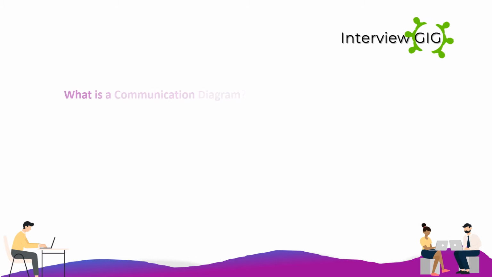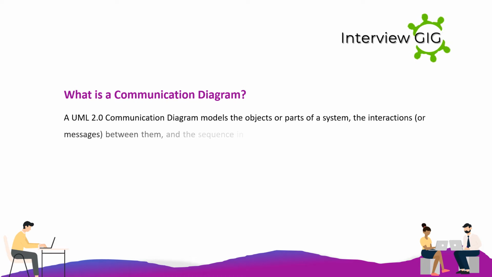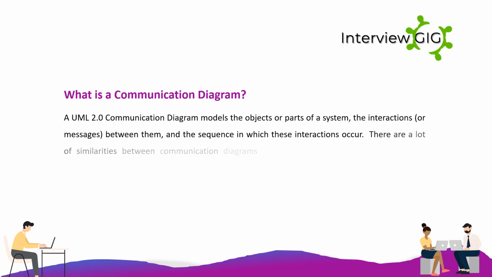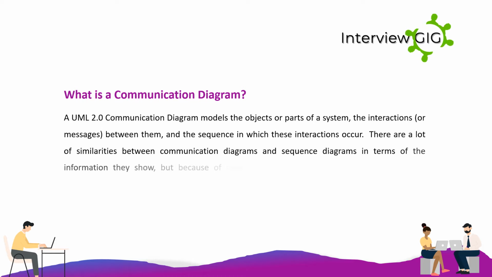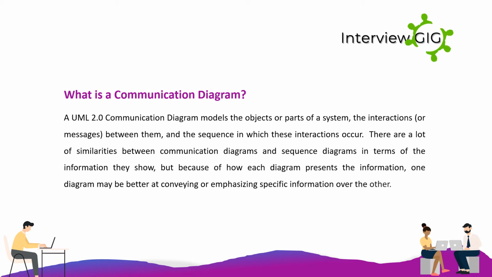What is a communication diagram? A UML 2.0 communication diagram models the objects or parts of a system, the interactions, or messages, between them, and the sequence in which these interactions occur. There are a lot of similarities between communication diagrams and sequence diagrams in terms of the information they show, but because of how each diagram presents the information, one diagram may be no better at conveying or emphasizing specific information